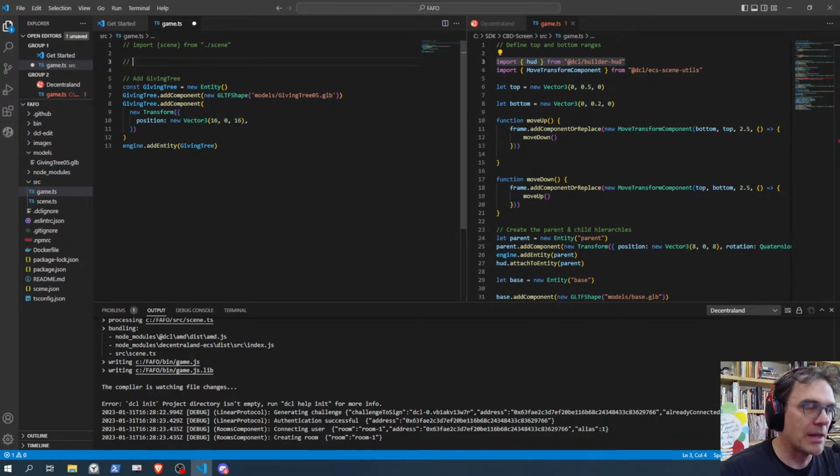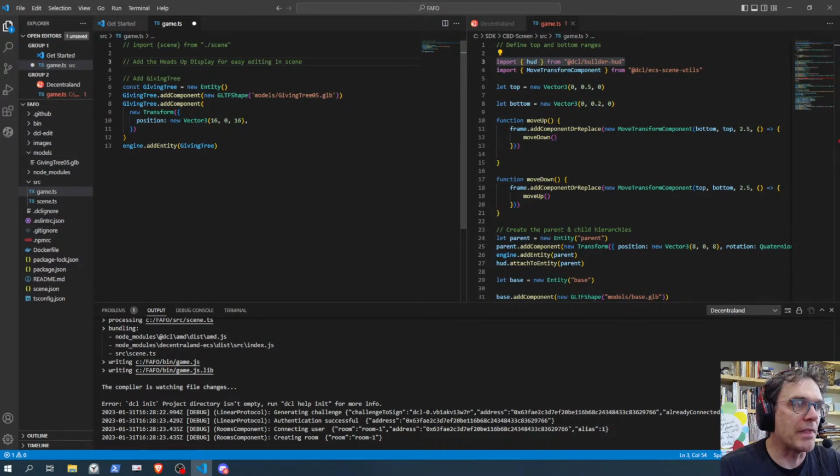So anyway, // and then a space, and then we're going to tell everybody who reads our code what we're doing. So I'm just going to say add the heads up display for easy editing in scene.